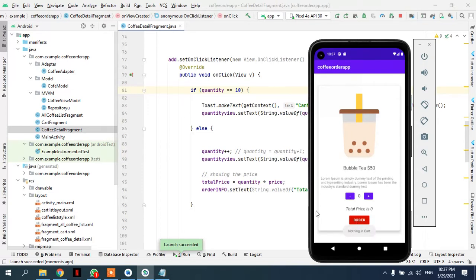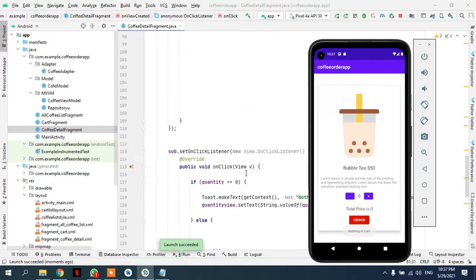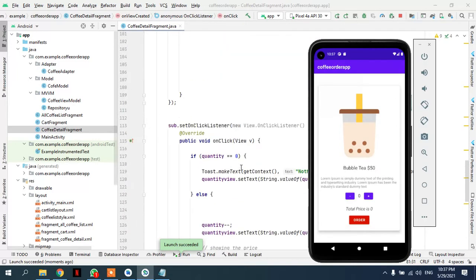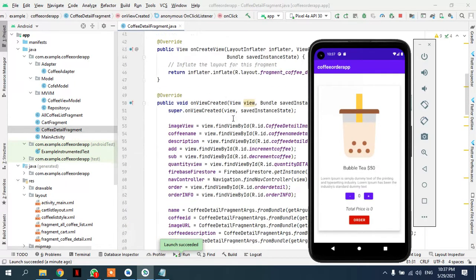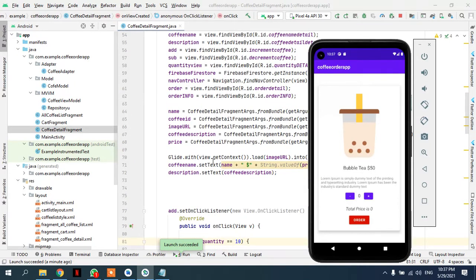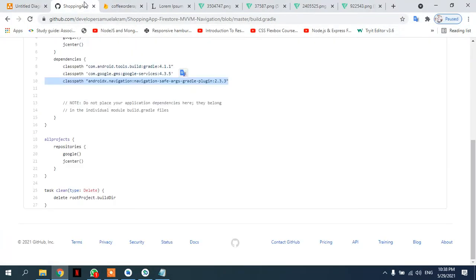Nothing in cart. Perfect. Okay, our cart is working, and now what we need is the pricing is perfect, and we will create a collection. And how do I do this? Hmm, yeah, now we have to create a new collection where it puts everything into the cart. So maybe I can take a reference to save time from my GitHub repository,